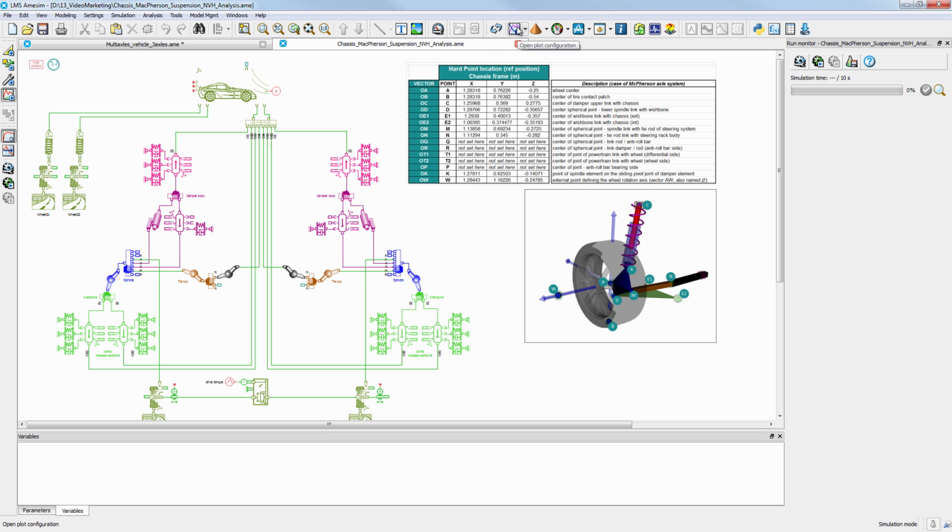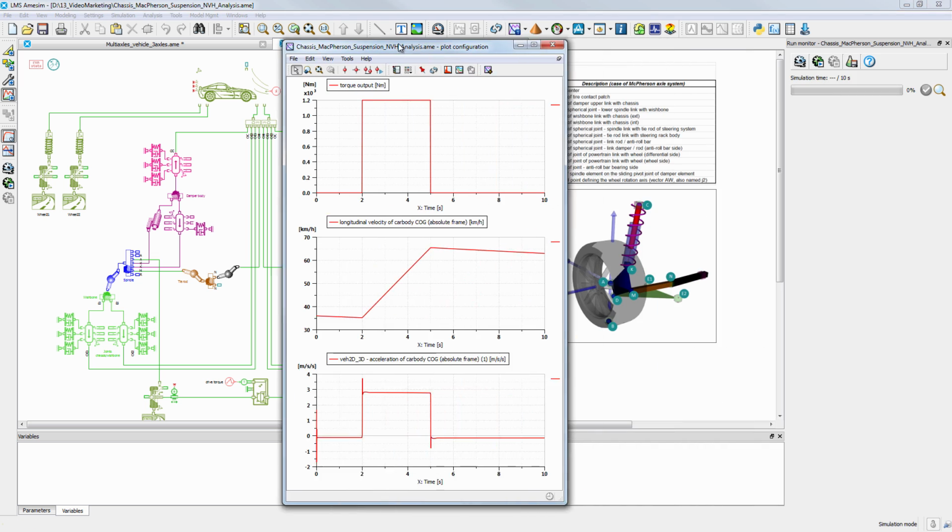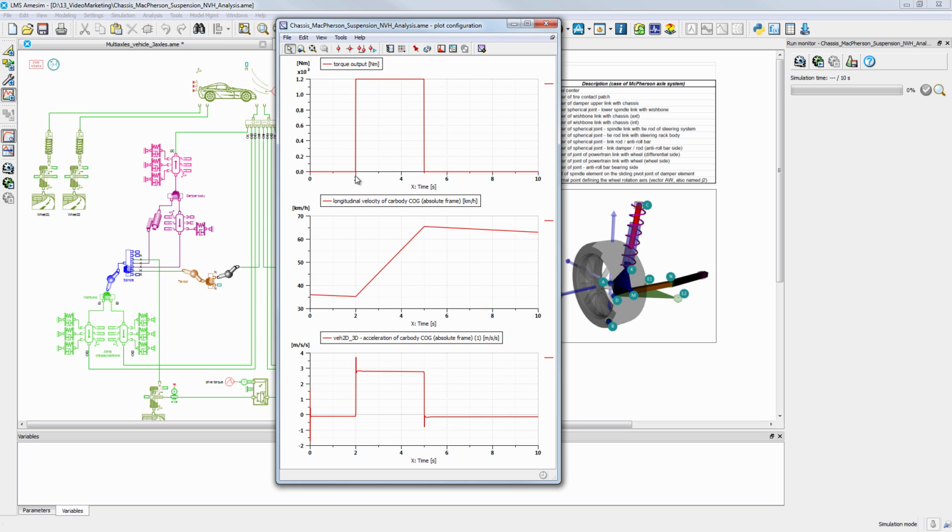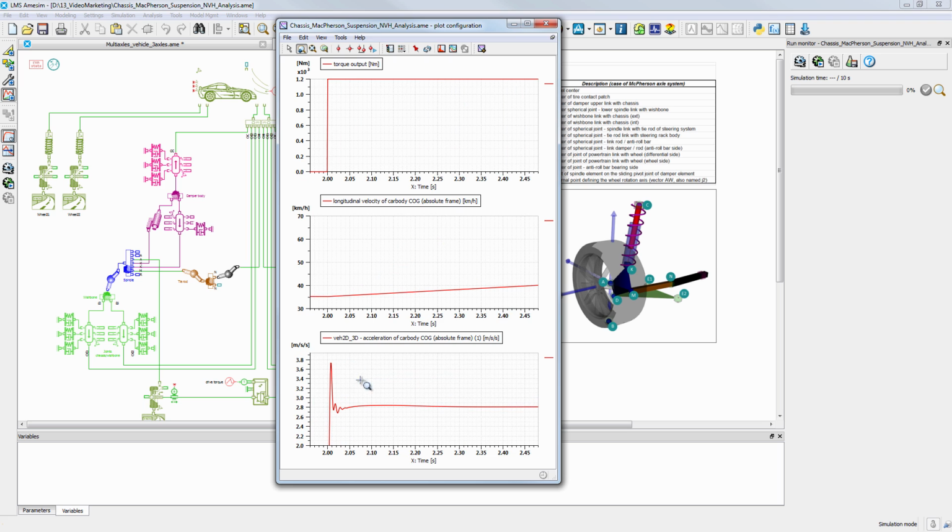So let's have a very simple example with this model. This is just a tip-in, tip-out maneuver. So I have launched a simulation with an input torque, a drive torque here. So at this moment, at 2 seconds, we have a tip-in and then a tip-out. We see that the vehicle speed is increasing, and we see that the longitudinal acceleration have this characteristic here. We can notice that there is a quite huge peak in the oscillations that we can study and then try to decrease.